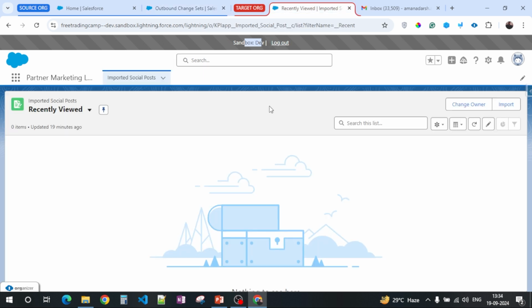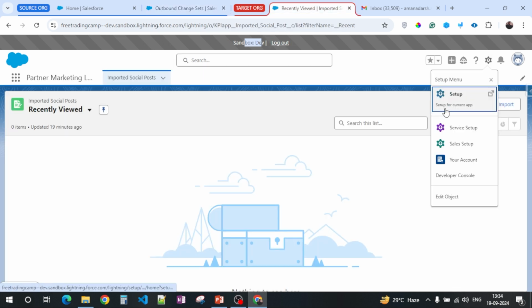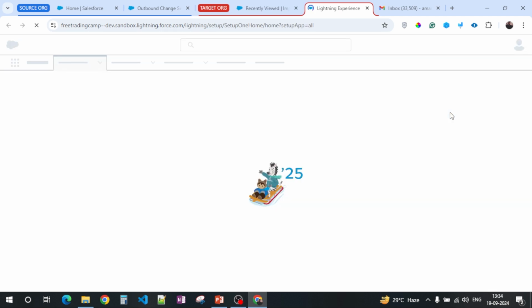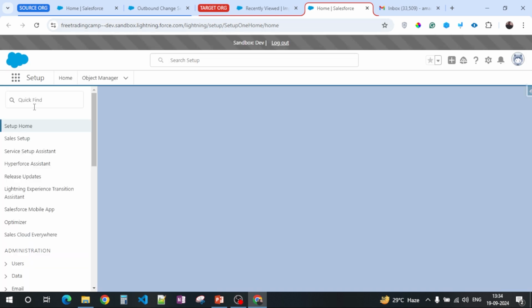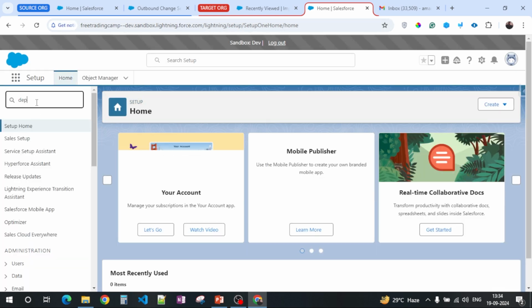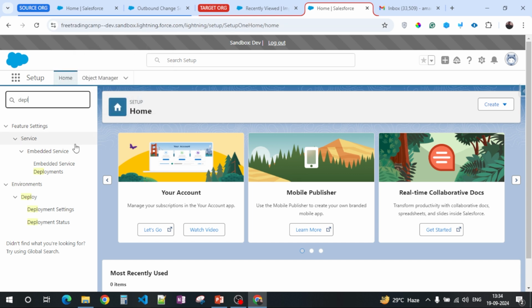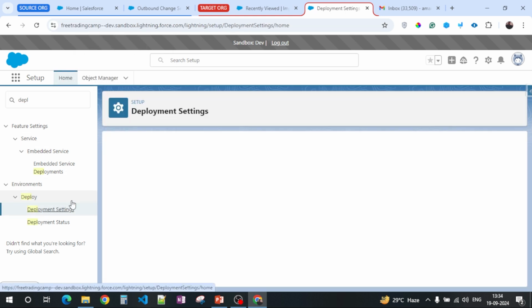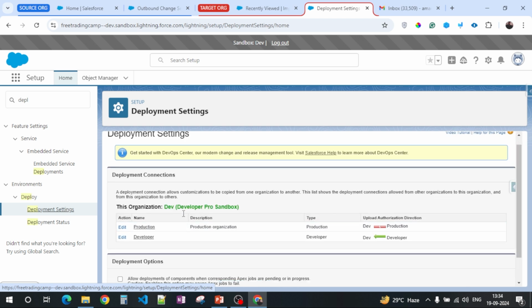Why is it not here? Because in the target org you have to set up the deployment settings so that the inbound changes will be applicable. So let's go to deployment settings.